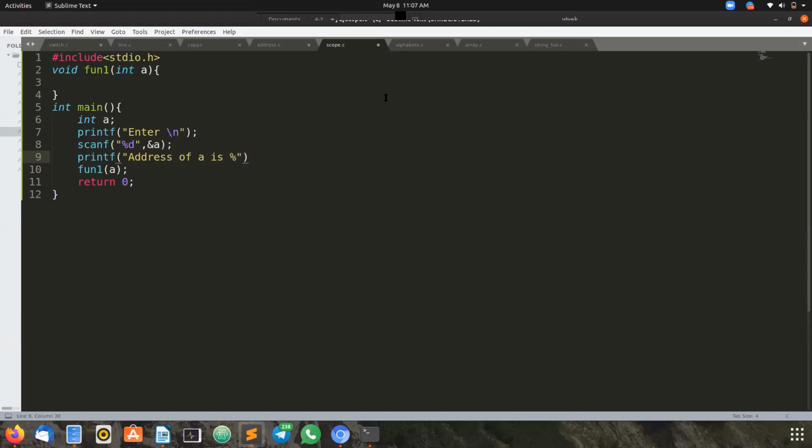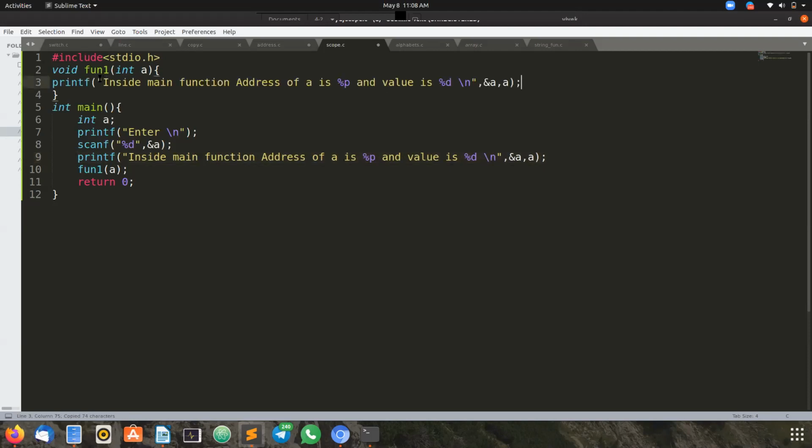Using the format specifier %p. This is inside the main function. Can you all see the program code? Is it visible to everyone? Yes.